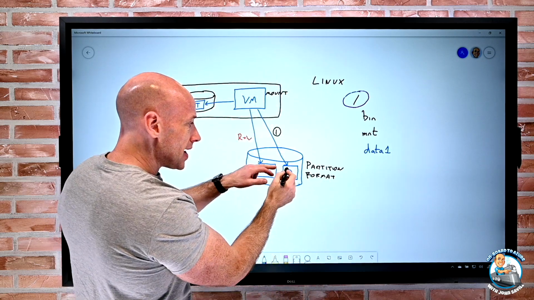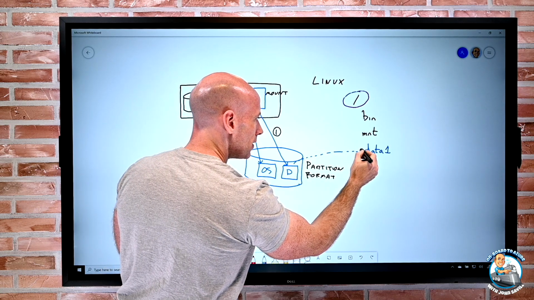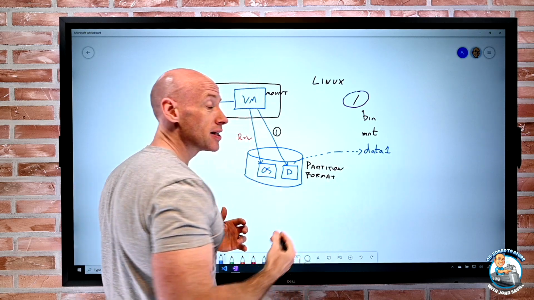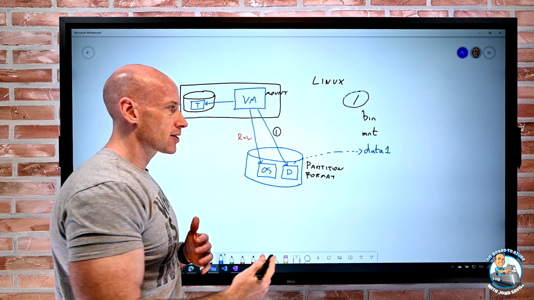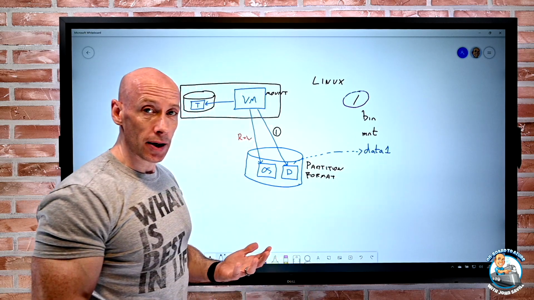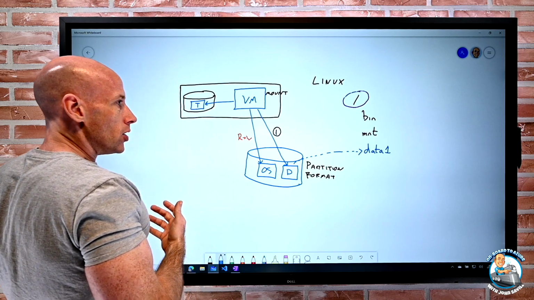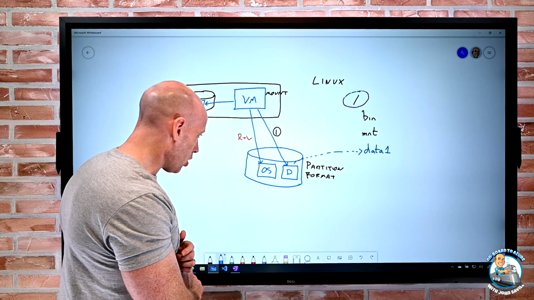what I'll do is this disk, I'll actually mount it into data1. So anytime I look at this data1 folder, I'm actually looking at the content of that disk. So this would be /data1. That's how we're actually going to work with this in Linux. So the first step would obviously be, well, I have to create a disk. So if we jump back over to the portal,